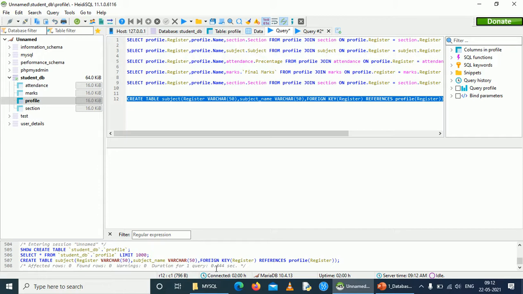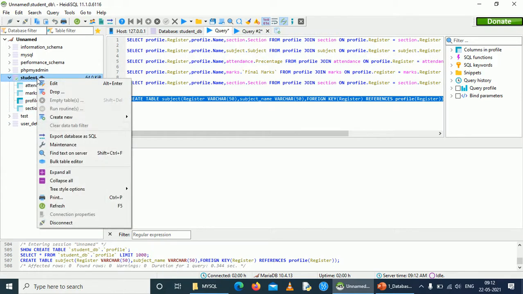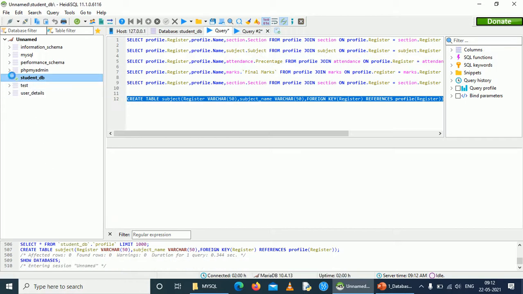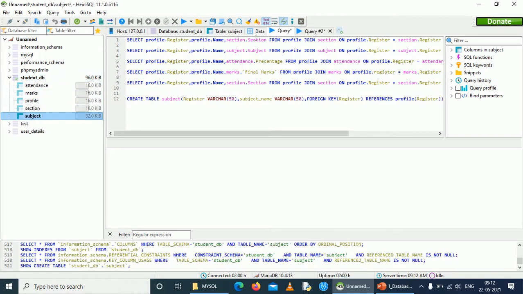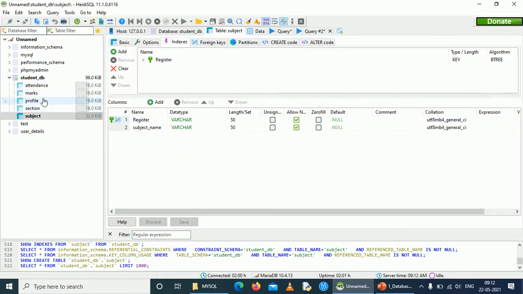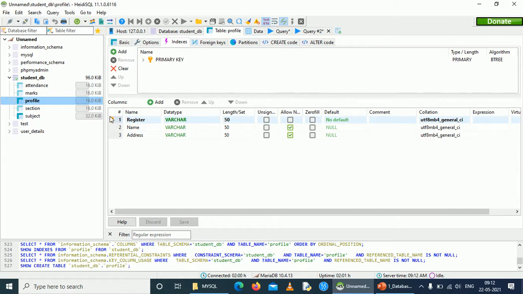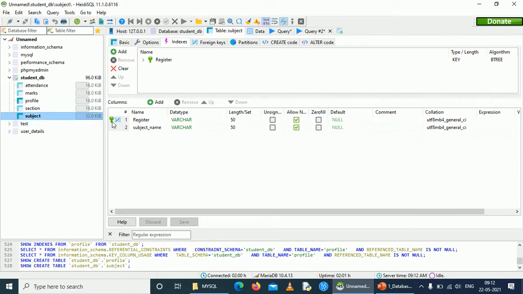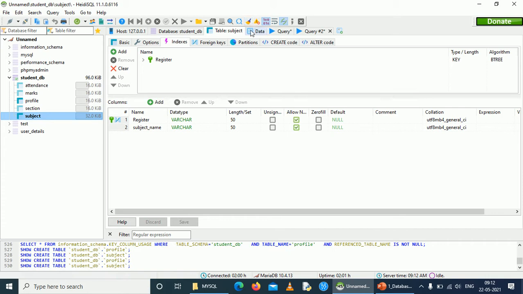So the query is executed successfully. So I think you can see the subject table now. So there is a green key-like symbol representing that this is a foreign key. See, the primary key symbol is a yellow key, and you can see the difference between that key and this green color key. A small icon that represents a connection between two tables, which represents that this is a foreign key that is referred from this table. So now we have created a foreign key.